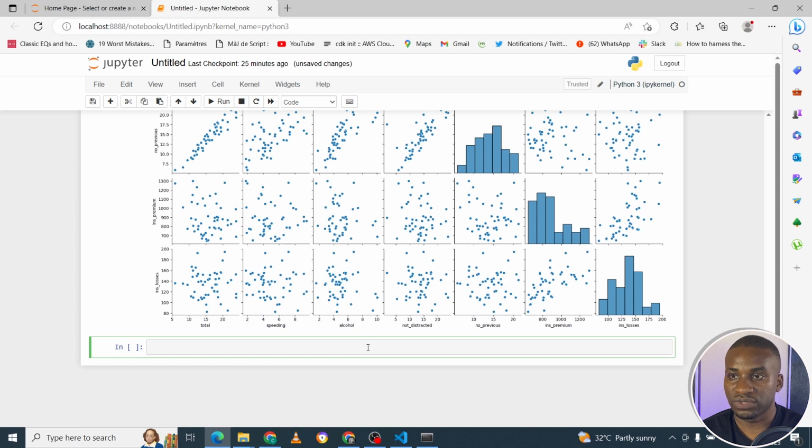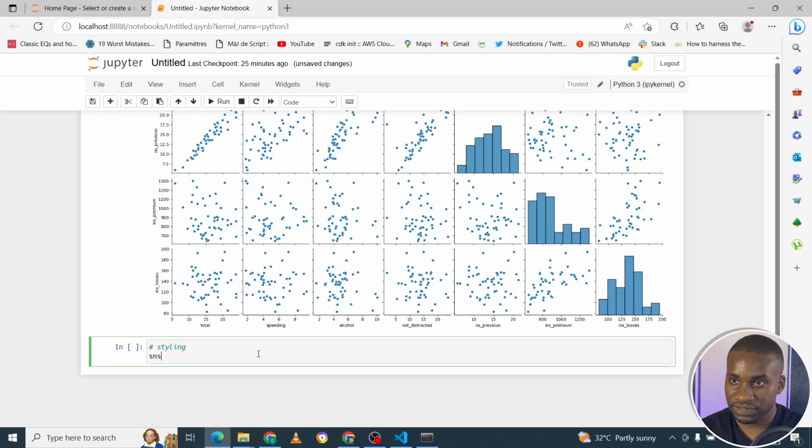So you can also do some styling with Seaborn. So let's just do some styling here. We could decide to say sns dot set_style, for example. So you set the style, and you say you want a white or black, so there's a white style, and then you now use